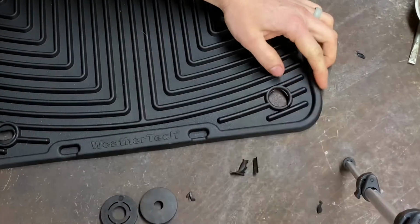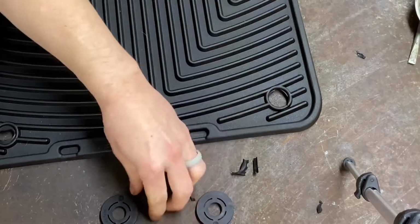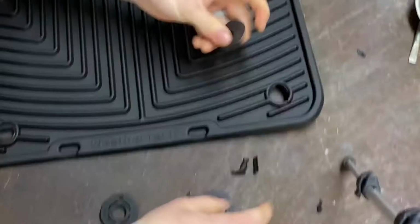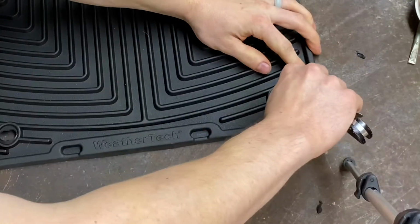I'm gonna have to go a bit more because, well, this fits through. I mean, this doesn't even fit through, and they go into each other. So